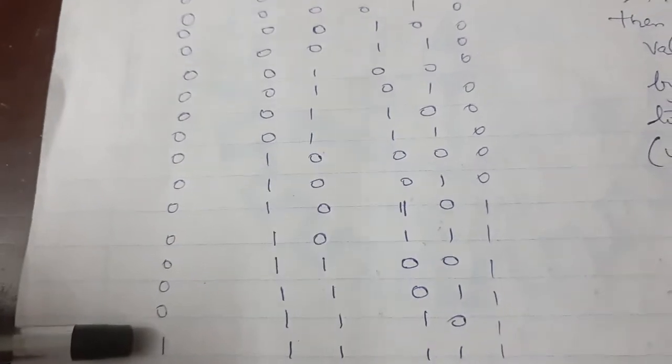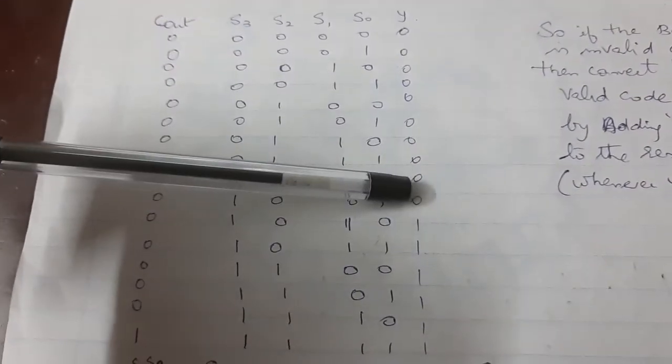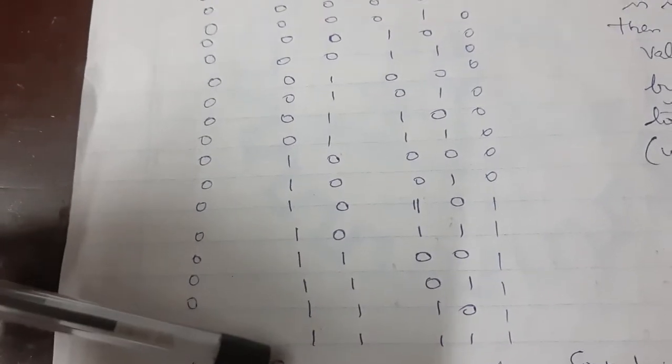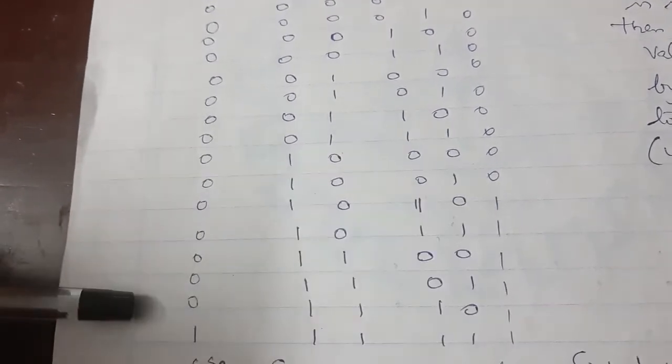So from 0 to 14, your carry output is all 0, and from the 15th onwards the carry output is 1. See here the truth table, it's a 4-bit. From 0 to 9, you have the output of a valid code. From 10 to 15, it is an invalid code, and if this comes, you need to add number 6 to it. From 0 to 14 there is no final carry out, but from 15 onwards there will be a carry out, so you need to produce 1 over here.